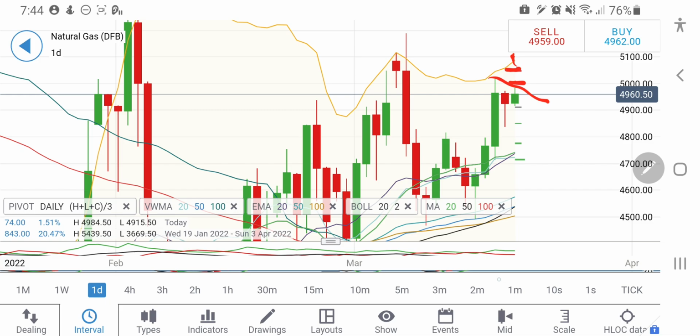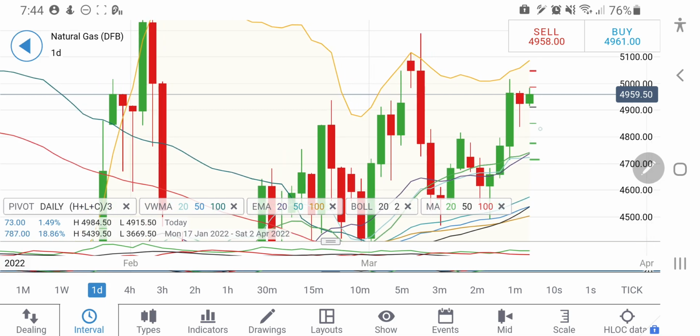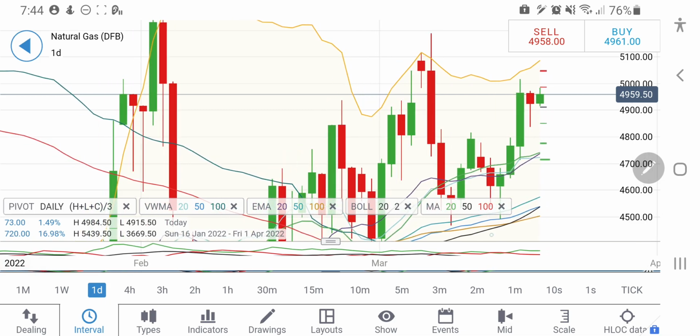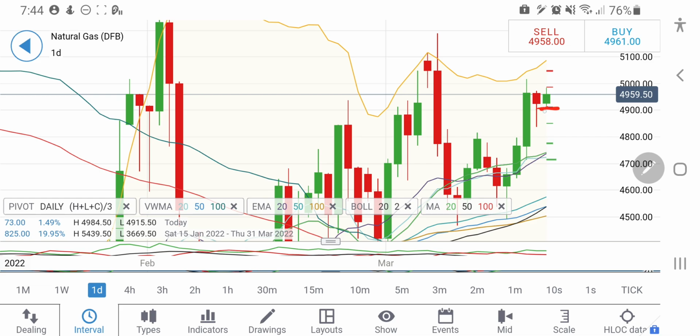and then on the upside 5.4, 5.8 are the targets. So yes, breaking $5 levels, you can take a long entry above $5 levels, you can expect it to rise. And if you see it trading below $4.9 levels, you can take a short entry. If you see NG dropping below 4.9, you can expect it to drop again towards 4.85, 4.8 and then 4.74